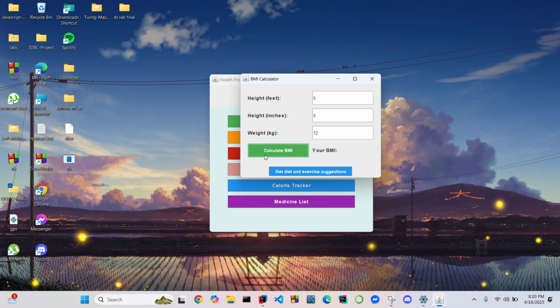Now if I press on the calculate BMI button, it will show my BMI. And there is also another feature with this. According to this BMI, which is in a certain range of BMIs that is medically approved, for this range I can get some diet suggestions and exercise suggestions. If I click on get diet and exercise suggestions,